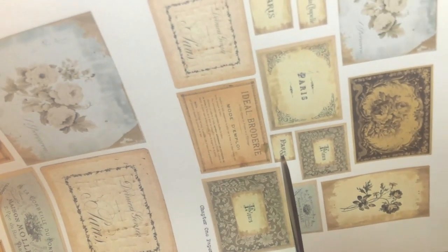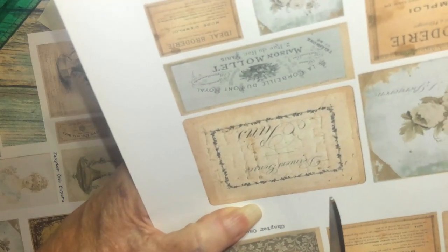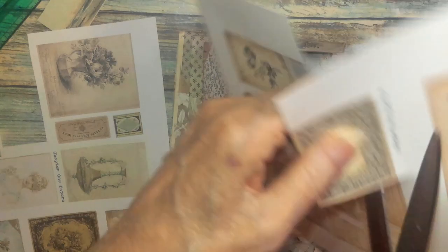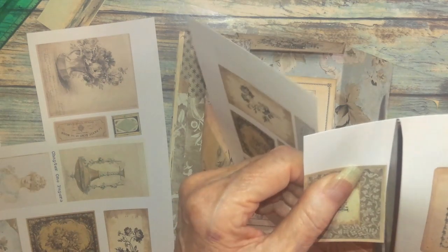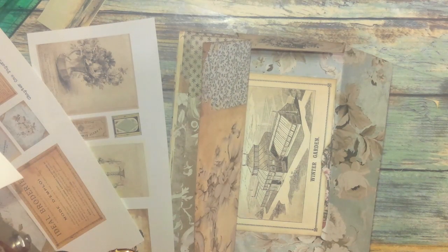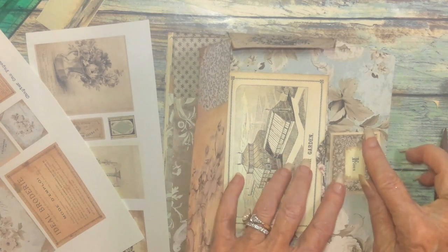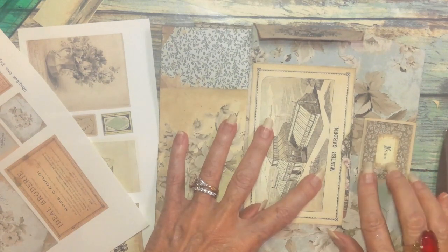I like this fleur so much. This is in the kit as a good size journal card also. In fact, most of these are in the kit as regular size journal cards. I don't know, maybe if I printed it full out it would have been, but I think not. It came fuller. So I like that. I like that a lot. So if I use the gray there,